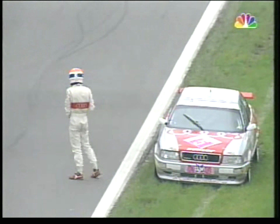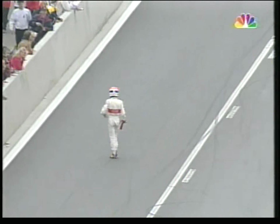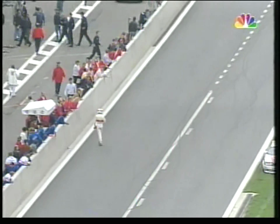And, well, you can see climbing immediately out of that damaged Audi. So obviously